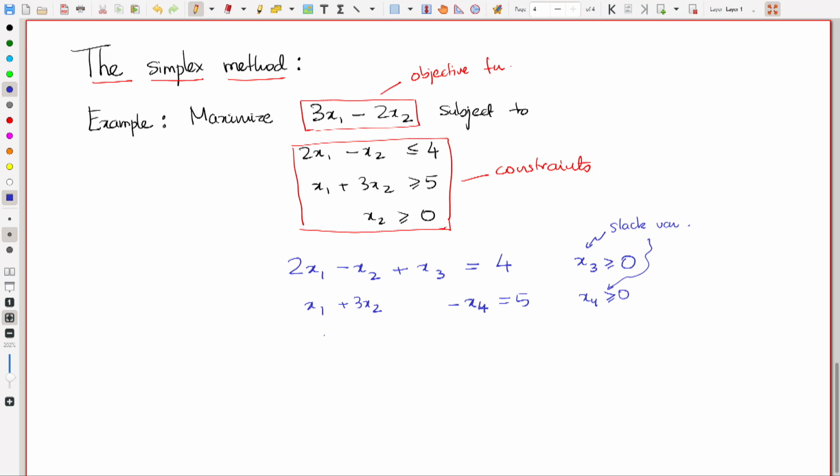And we have this condition that x 2 is greater than or equal to 0, but we do not have this condition that x 1 is greater than or equal to 0, right. But we will artificially create that. We will write x 1 as y 1 minus z 1, where y 1 is greater than or equal to 0 and z 1 is greater than or equal to 0, right. Any real number can be written as a difference of two non-negative real numbers. And so, we will just replace this by y 1 minus z 1. So, we will replace this by